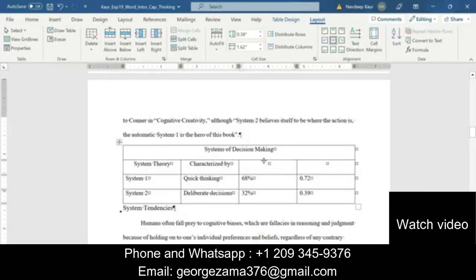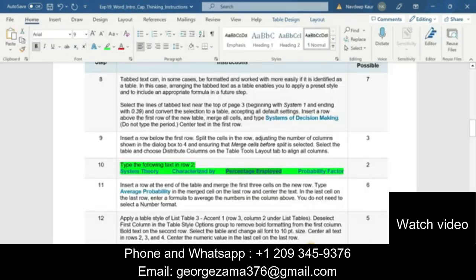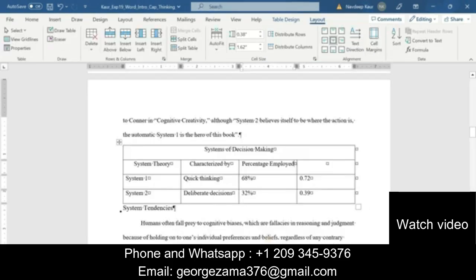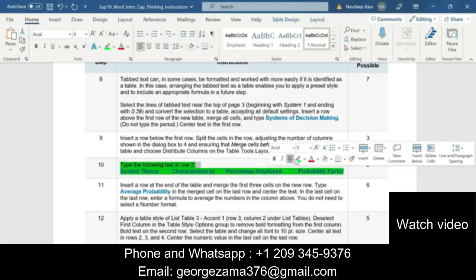So we will go to cell 3. This is cell 3 and we will type this here. Next is probability factor, this one, in cell 4 of row 2. So this one. So step number 10 is completed because I have typed all these in row 2 of the